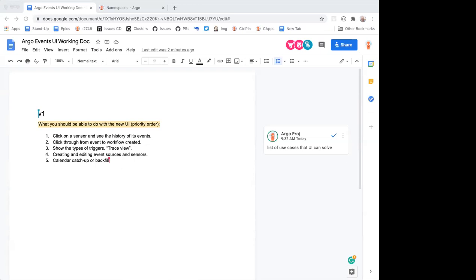So the plan is to move Argo Workflows onto v3 to enable us to do probably three or four things. The first one is to fix that Go modules problem. You're kind of mandated to go to v3 to do that. The second thing is to allow us to build a user interface that supports Argo Events without making dependencies difficult. The third thing is to enable new use cases. And the final thing is I think there's a potential for it to be easier to make user interface changes once we split the code base up.